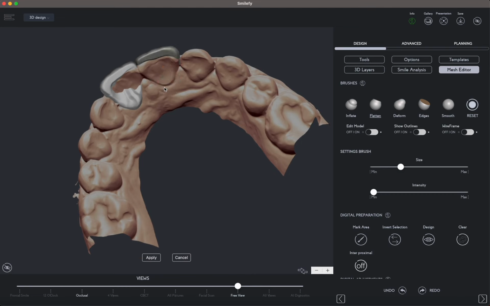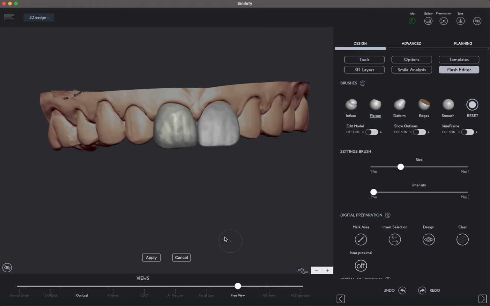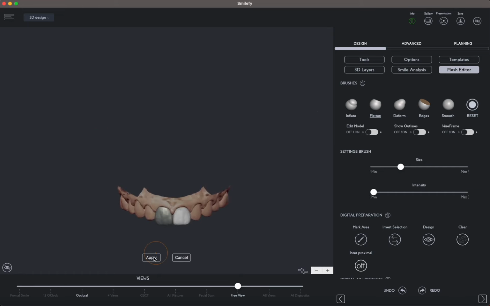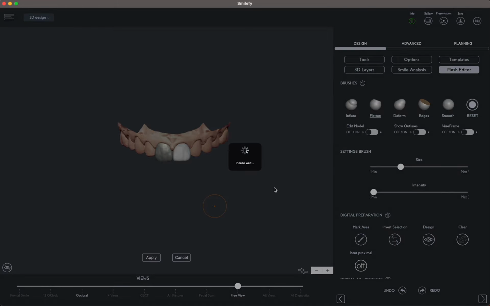So we clean the palatal area. Good. So we need also to adjust the gingival margins, and we will use the new liquify tool,